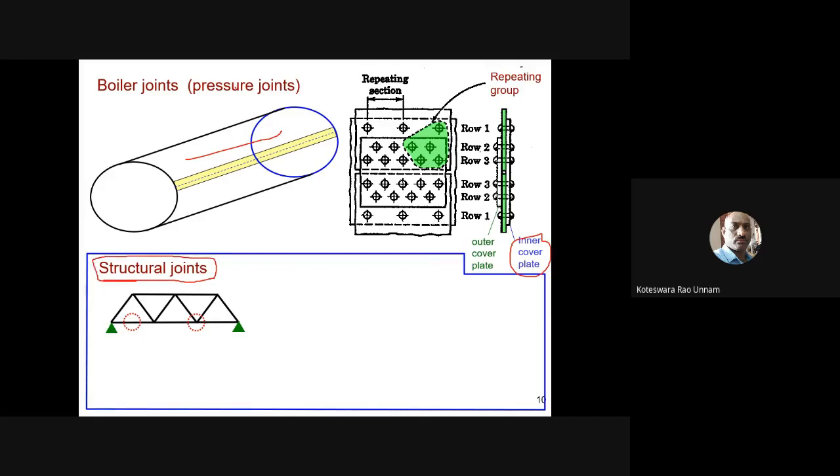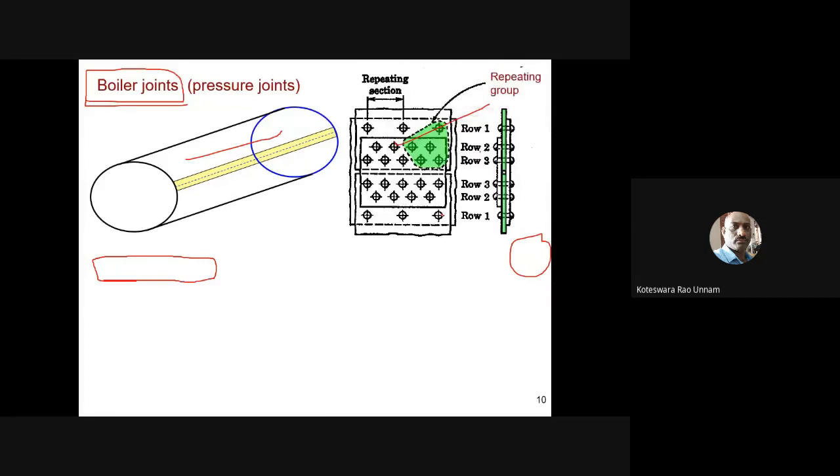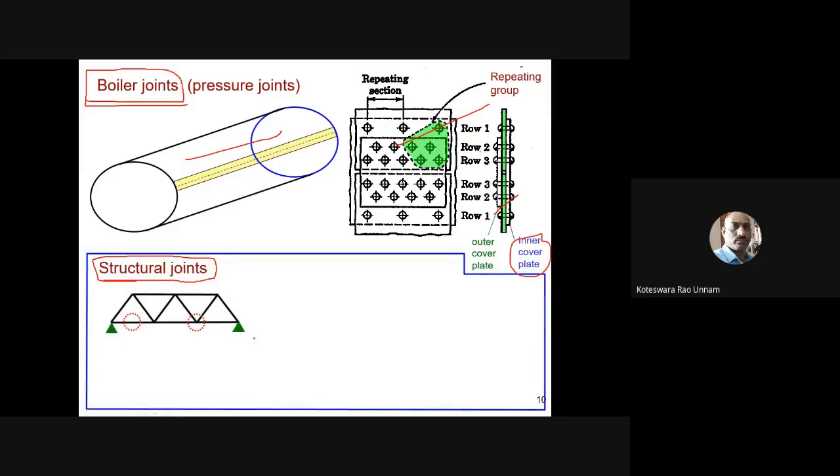These are the most possible applications for riveted joints. One application is in boilers, where we use riveted joints, so we'll call it a boiler joint. You are seeing 2 types of joints in that case. This is one type of joint and this is the other type. Then you have a structural application. Like I already told, if you look at railway bridges, or for that matter any bridge, most of the cases railway bridges,